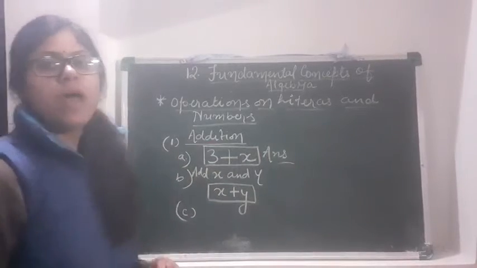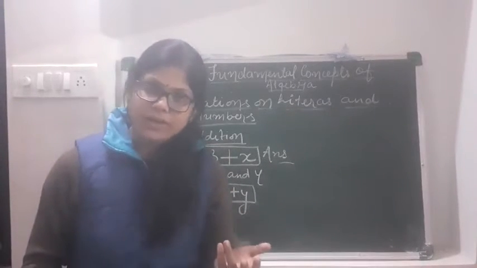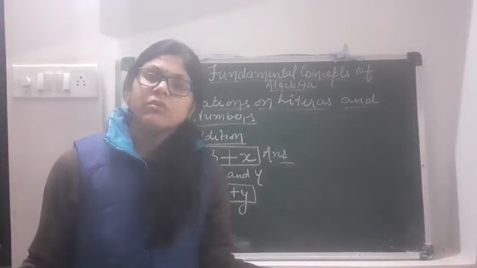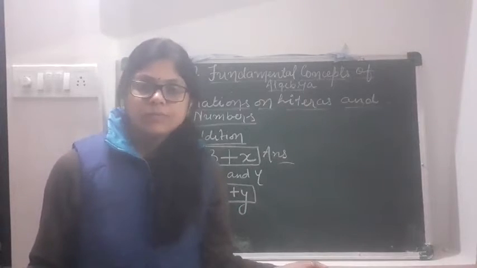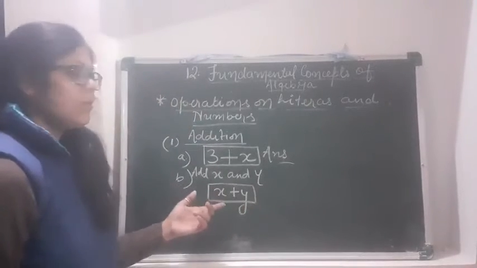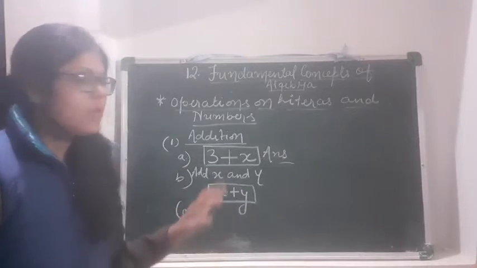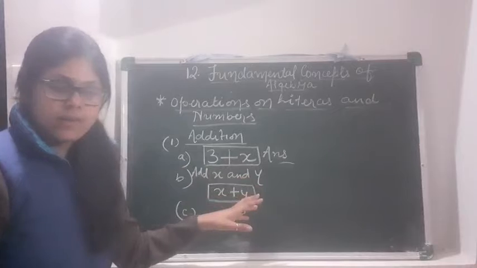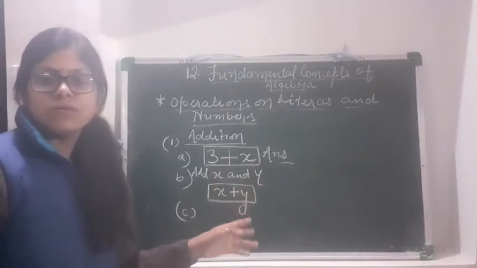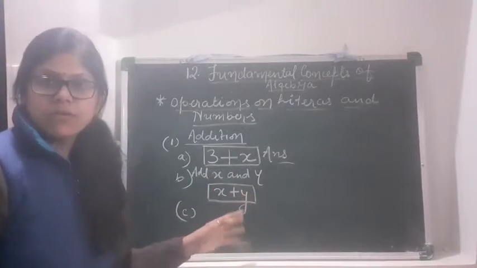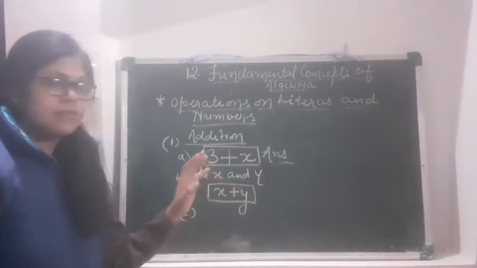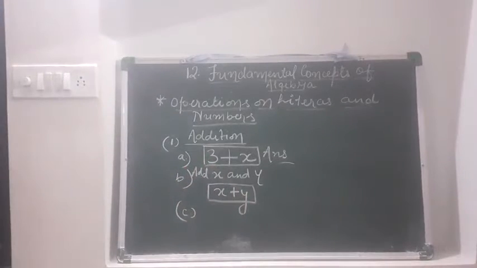If you have to add two numbers, you can directly add. 3 plus 3, what will come? 6 will come. Clear? So here, by adding numbers with literals, we will write like this. If we are adding literals with literal, variables with variable, then we will write like this. Okay. So now,